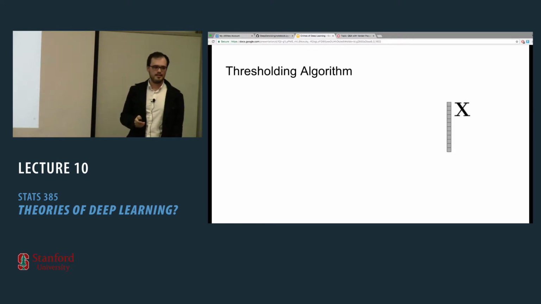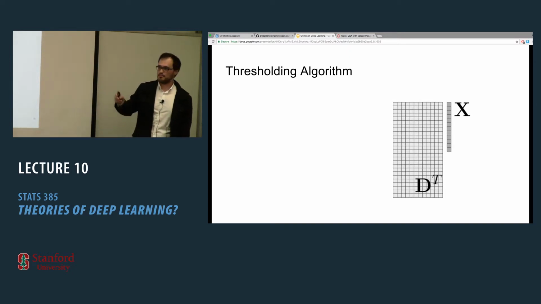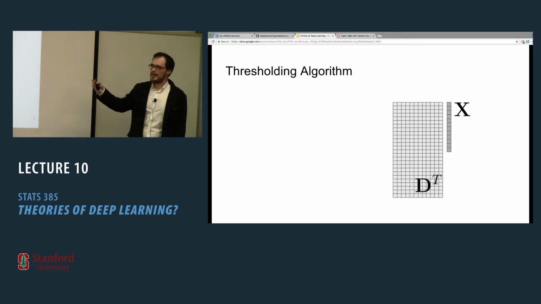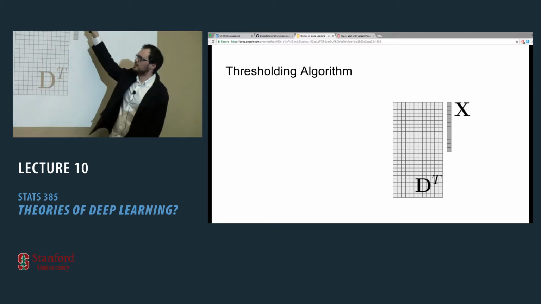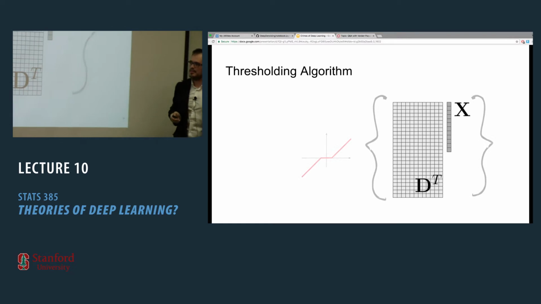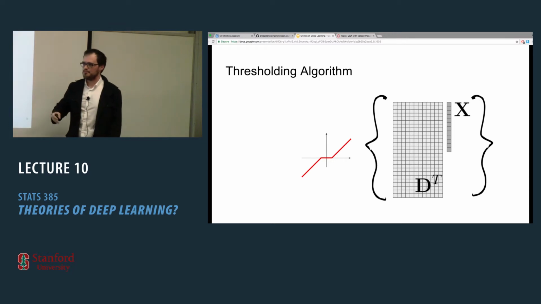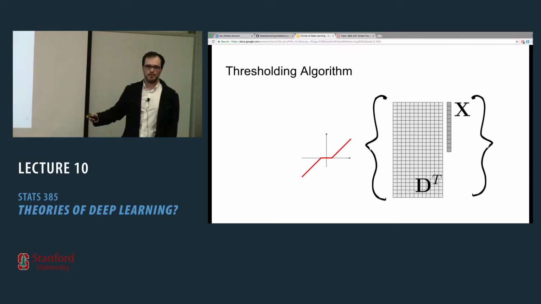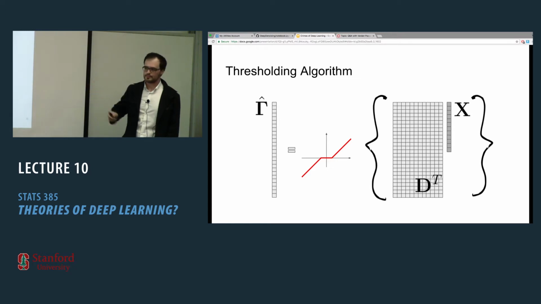You take a signal X, and you multiply it first by the dictionary transpose, D transpose, and this computes correlation between different atoms, which are here in the rows, with the signal. And then you just zero all the entries which are below a certain threshold in absolute value. So basically, this is just a projection onto the L1 ball that imposes the sparsity. And then you obtain the estimated sparse representation. So this is crude sparse coding.